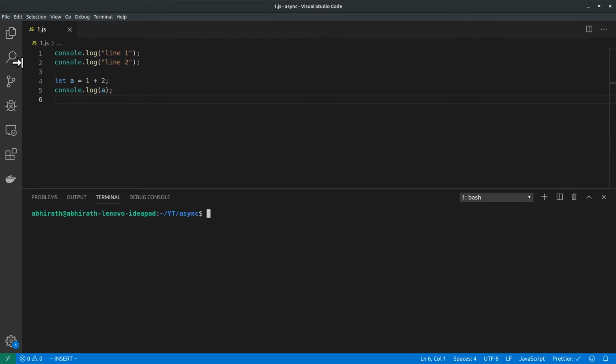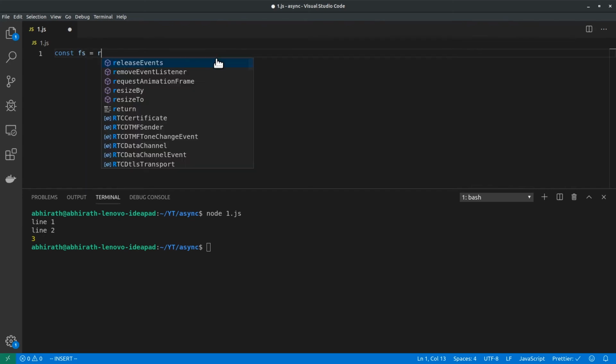Let me execute this code, node 1.js, and you get line 1, line 2, and a, which has the value 3. It's in the right order. This is normal synchronous code or linear code. Now what if I do this?